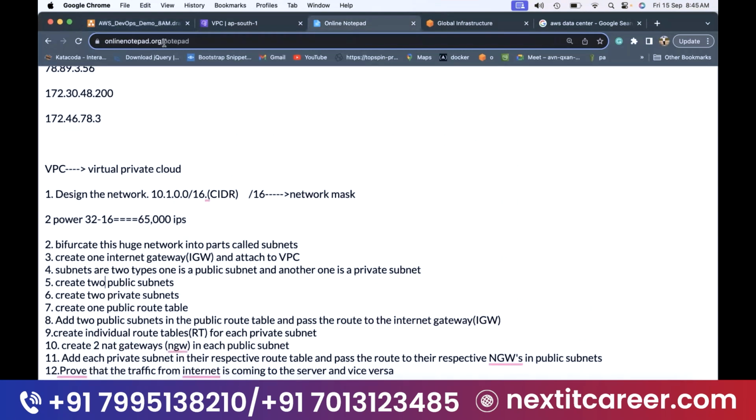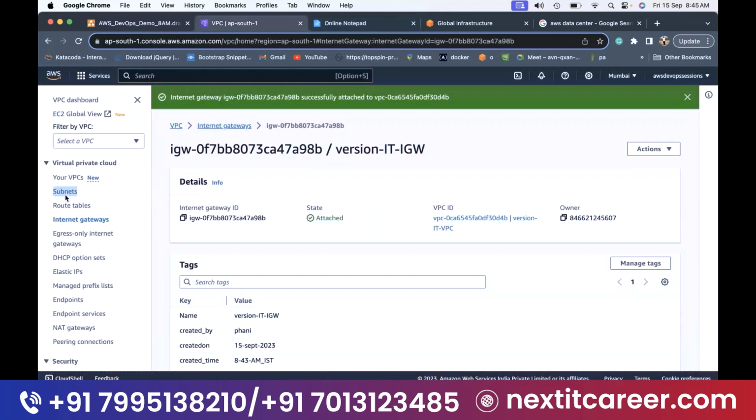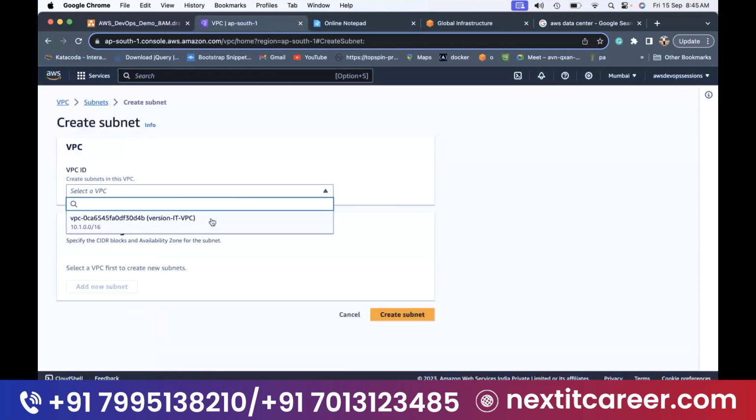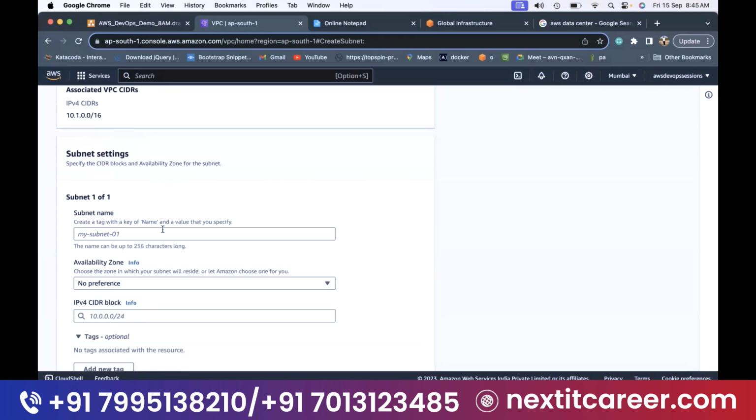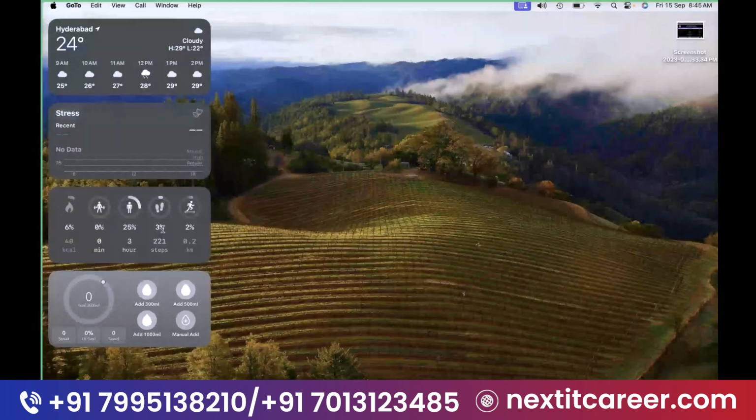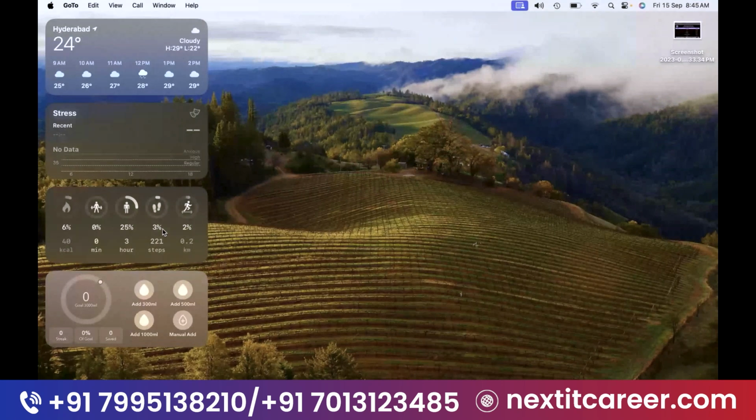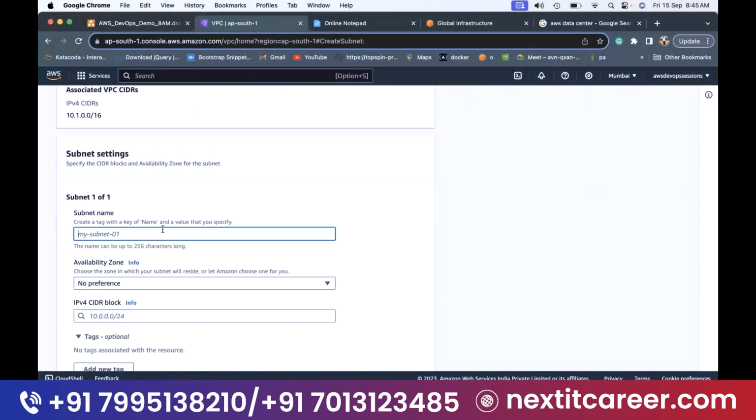So go to subnets, create subnet, choose your VPC and give a subnet name. I can give any name, like funny subnet or Nagmani subnet, Manisha, Rakesh, Rita, Lokesh, Satish, any name. But in order to understand it very easily, guys, I'm defining the naming convention like this: version id public subnet